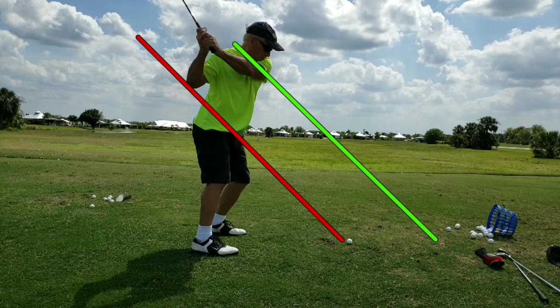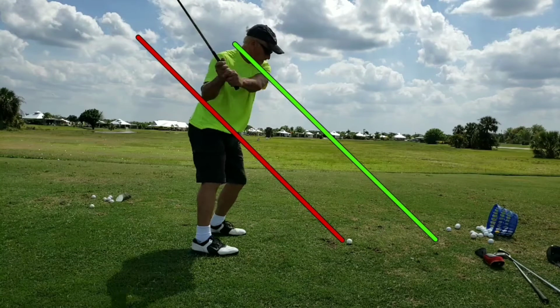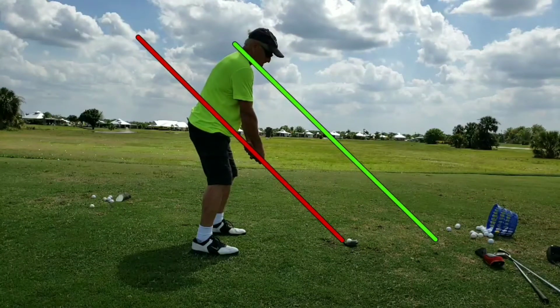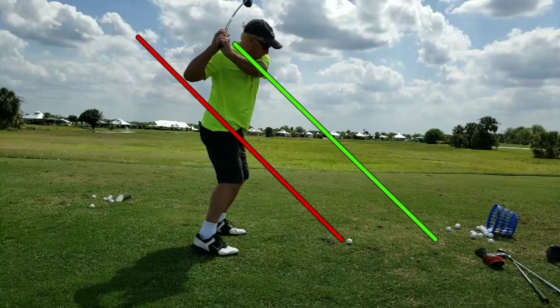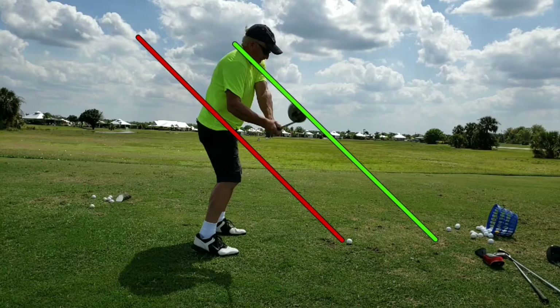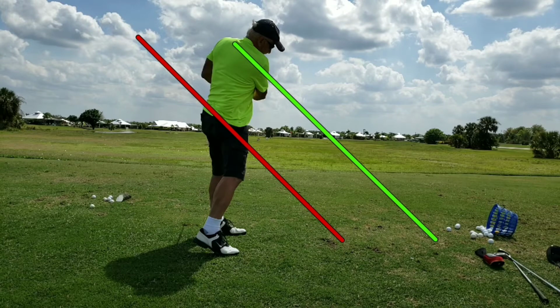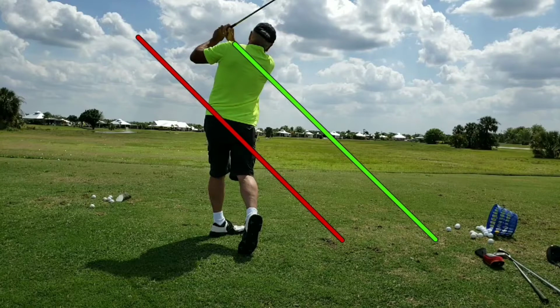So we want the club at this point right now, if he just reversed the club path back to how it was on the takeaway, he'd have this nice downswing. Nice downswing, a little outside, but here's what he does. He comes up over the top, and now everything's going way up high. He's jammed in. He's coming way outside, cuts across it. He's going to have that high cut. Off it goes and off to the right,